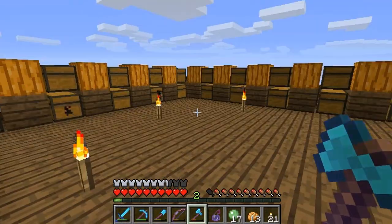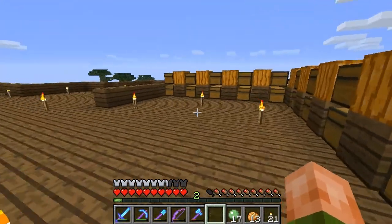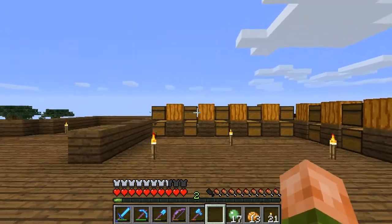I laid some basic chests down, and we just got another one from Kissa. So this one didn't have enough, so there's that. Now I know I could put trap chests and double the storage space in here. I don't think I need that much storage space. This is going to be...